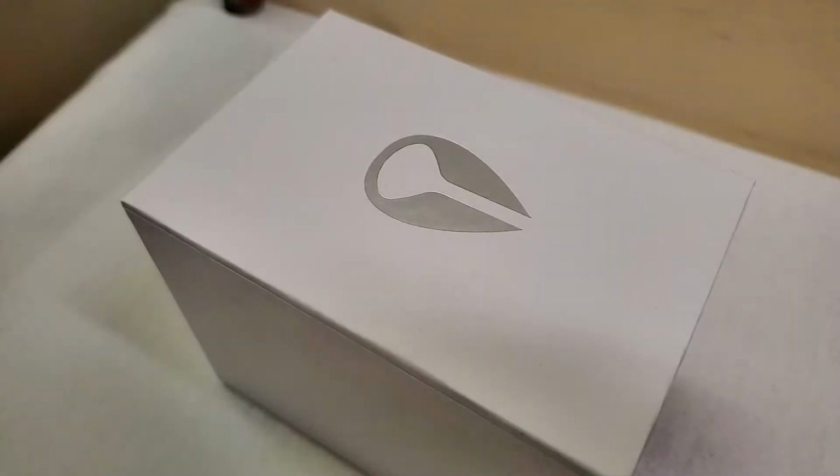Okay, good day. So today we're going to review a watch. Now, based on that logo, what is that watch? Well, that watch is a Nixon. Okay, so that is the logo of a Nixon. And then before we're going to start, let's try to